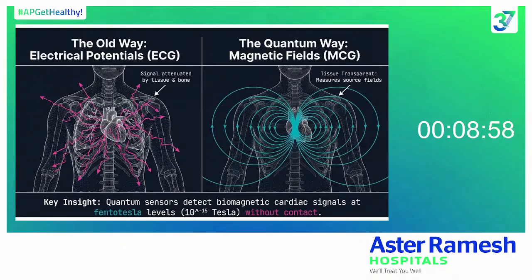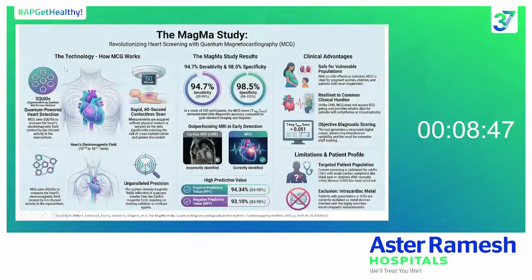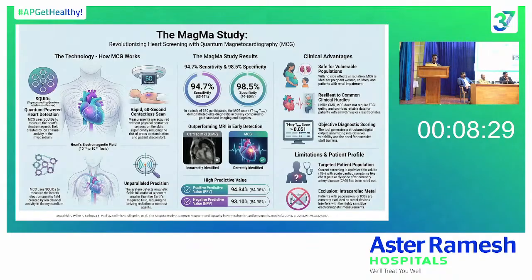So this magnetic field can be detected early, and the detection level is so sensitive that it can pick up 10 to the power of minus 15 Tesla, which is femtotesla. This is something which is coming up in a huge way. There has been a study on this, known as the MAGMA study. You have quantum sensors which are known as SQUIDs. Just think of it this way, you don't need to know the physics of it, because just like an iPhone, we don't know what is inside the iPhone, but we use the applications of it. Similarly, there are certain quantum sensors known as SQUIDs, which are superconducting quantum interference devices, which pick up the magnetic